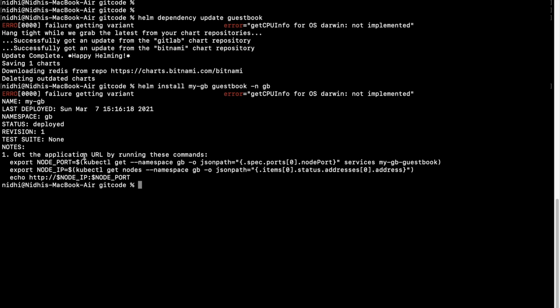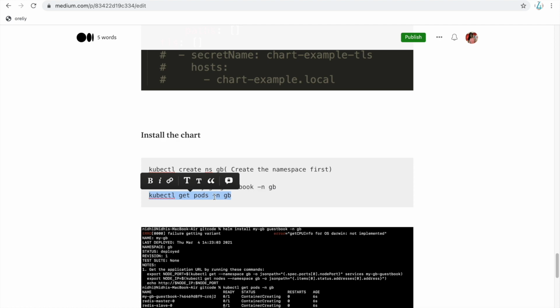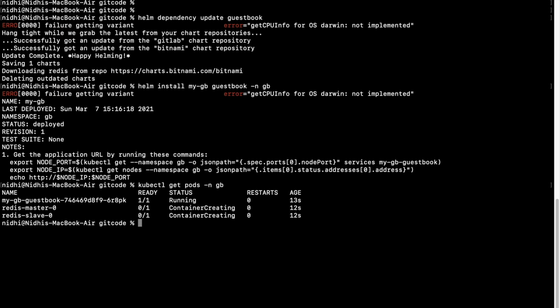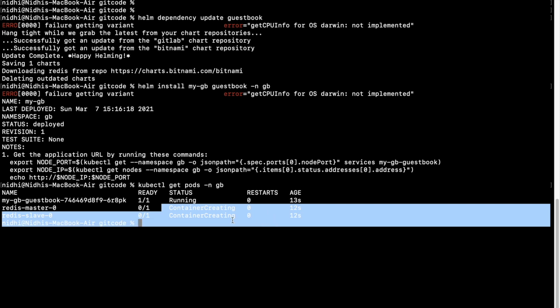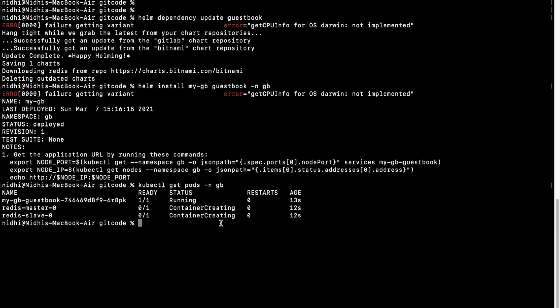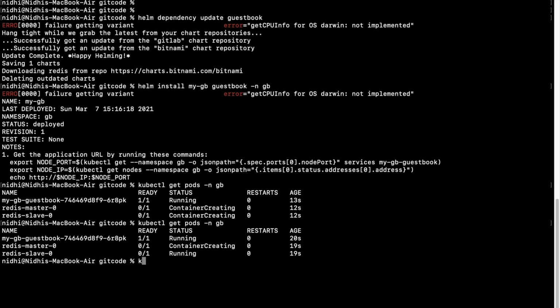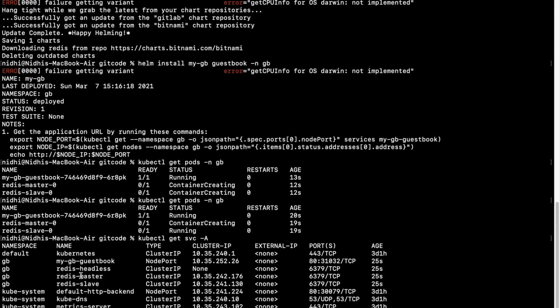Once it's run, you will see all these details, and you can see the pods. It will take a little bit of time before it says that it's up and running. Okay. And you can check the service also, because we need the NodePort so that we can access it. Here you can see that it has created this, and this is the port, right? So this is how you can access it. I am running it on Google Cloud, where I have already configured the security groups so that you can browse it in the browser. So you can check it on your cluster wherever you are running it.